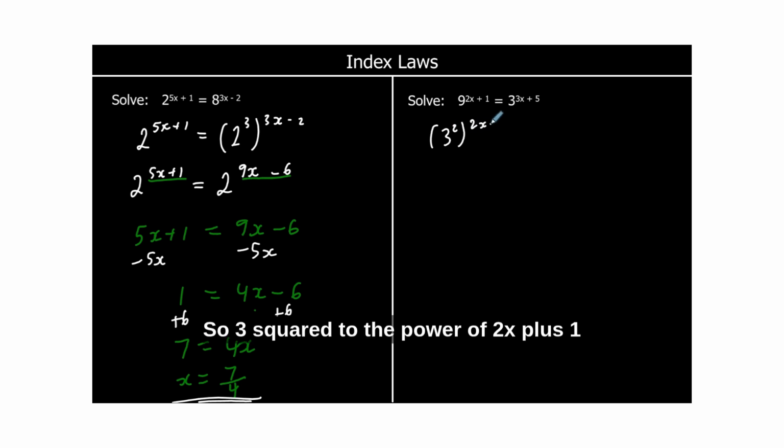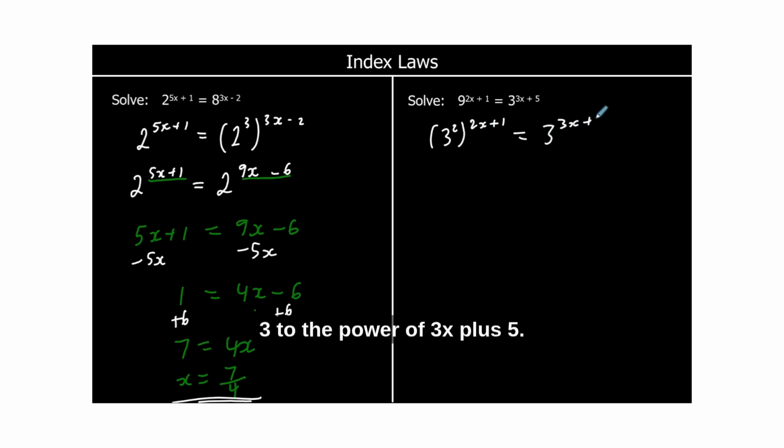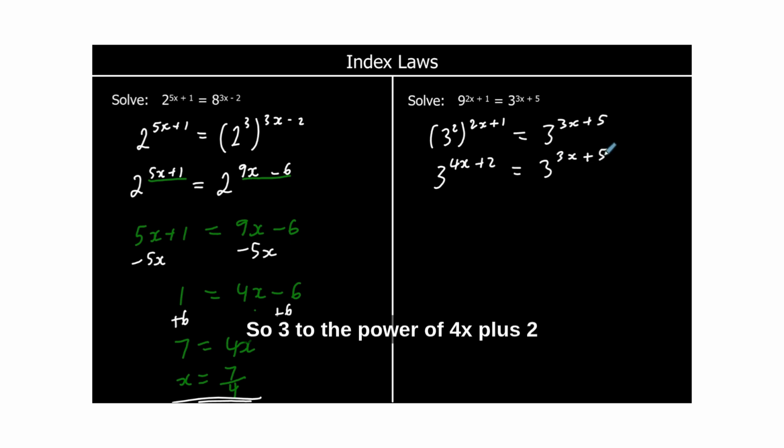So 3 squared to the power of 2x plus 1 equals 3 to the power of 3x plus 5. We can times the powers. So 2 times 2x is 4x, 2 ones are 2. So 3 to the power of 4x plus 2 equals 3 to the power of 3x